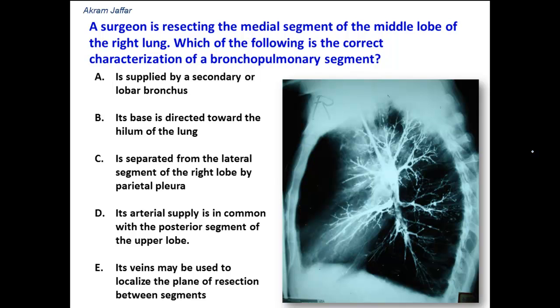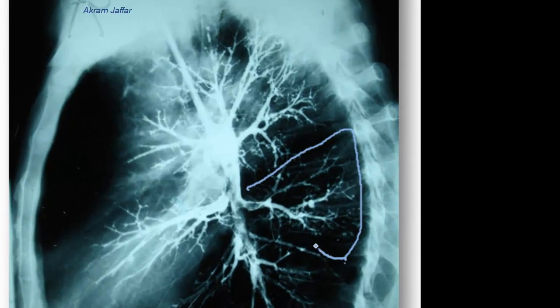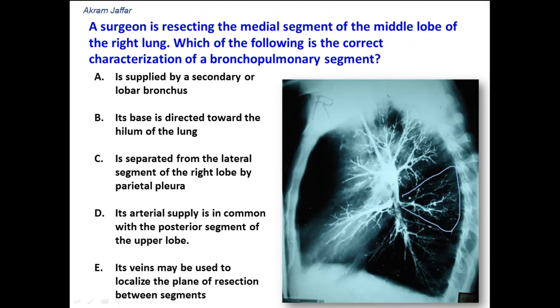So this is a bronchogram. In the lung, there are 10 segments in either the right lung or the left lung, and these are called bronchopulmonary segments. These segments are roughly pyramidal in shape. They have their base at the periphery of the lung, and the apex of the pyramid is toward the hilum of the lung. And each segment has its own supply of a bronchial tree, that's a segmental bronchus, its own